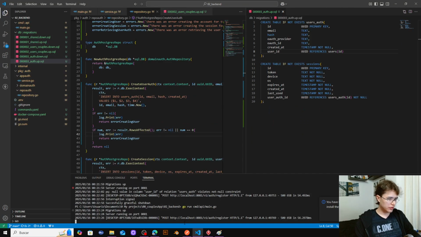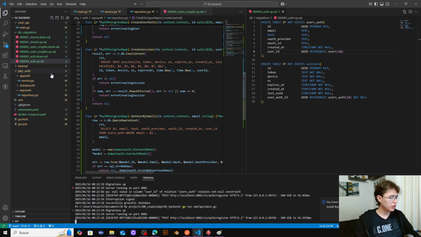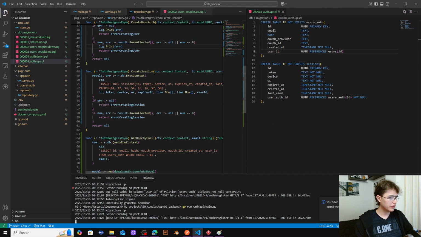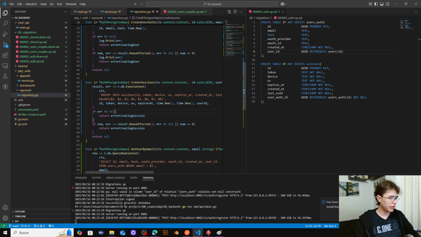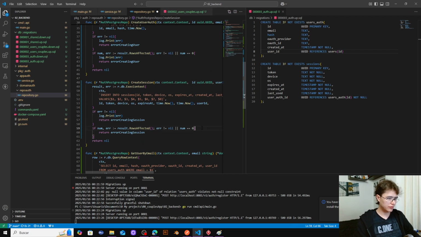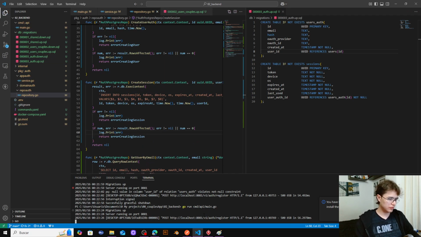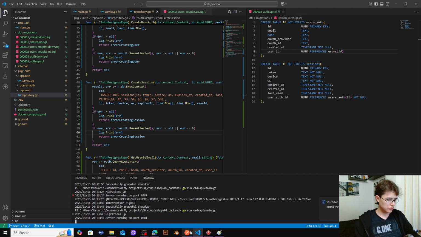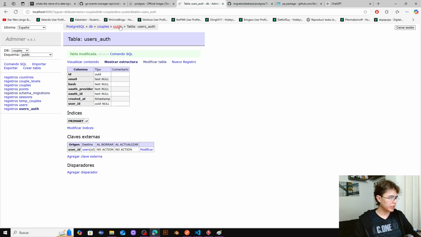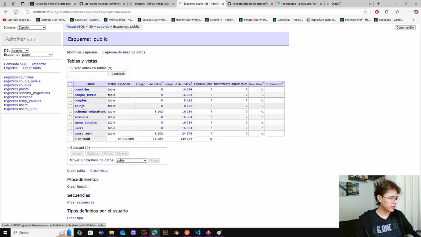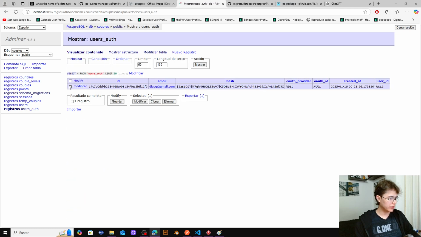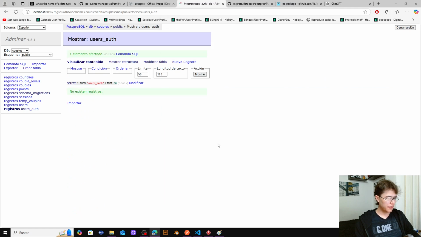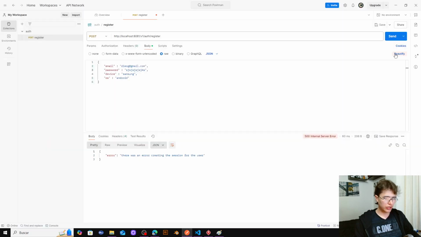Now this session. So let's move to my create session, and once again let's print the error. However, I will need to delete the user out that was created, which is this one. So let's delete it, and then continue a new